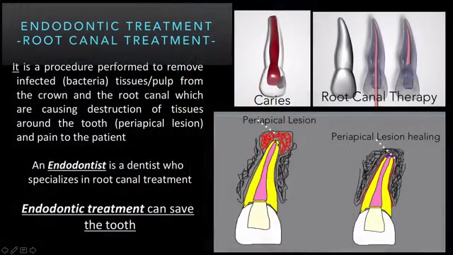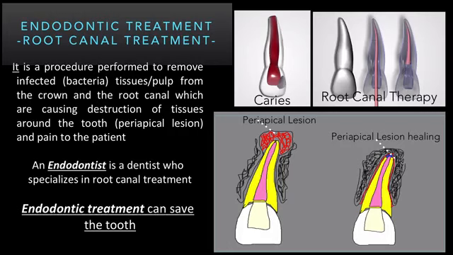That's why the endodontist is removing and then treating those patients, because of the problems that arise afterwards, because the infection goes to the periapical tissue. So you see here we have periapical lesions around the teeth, and those periapical lesions can even be connected with the rest of the body. So if we do the root canal treatment, then we can have healing of these periapical lesions. And that's why the endodontist is the dentist who specializes in doing root canal treatment.